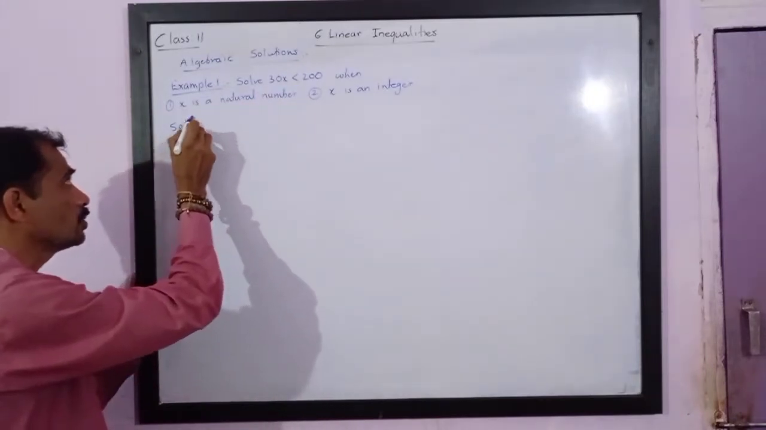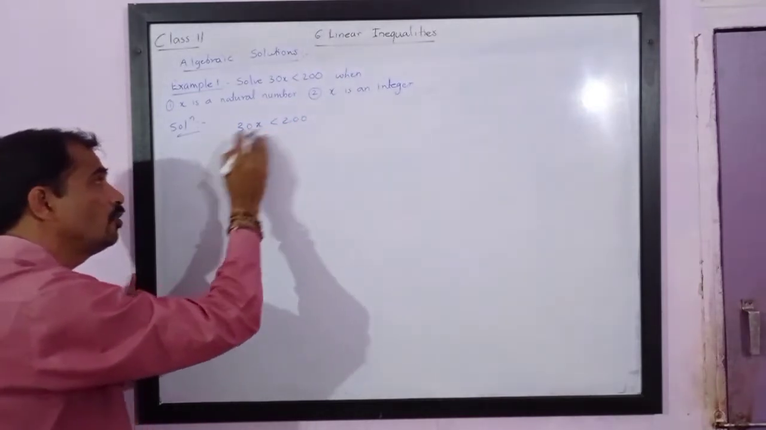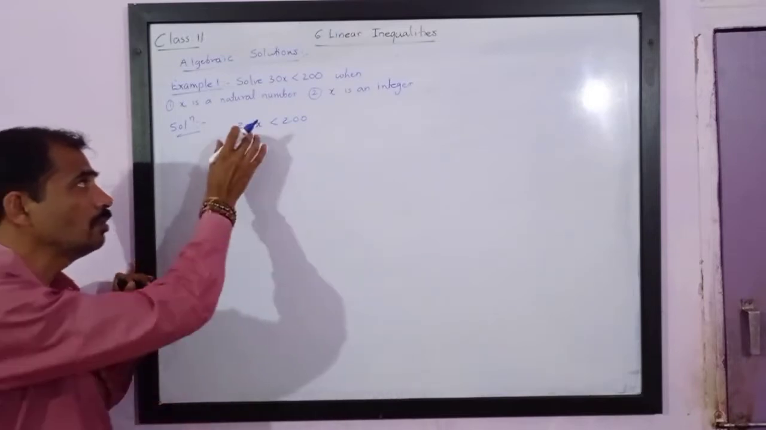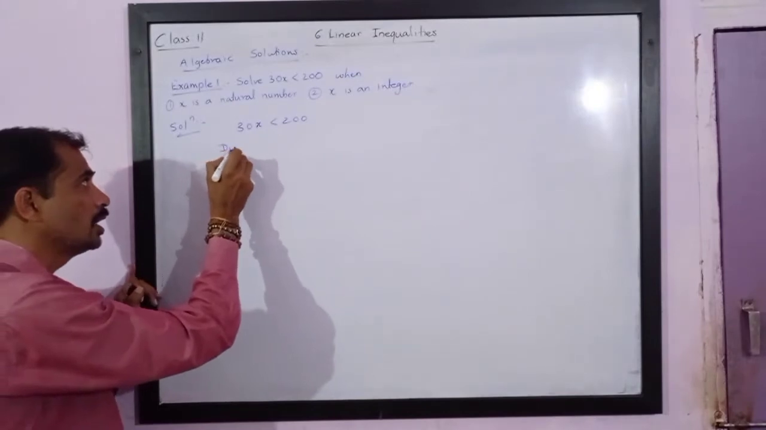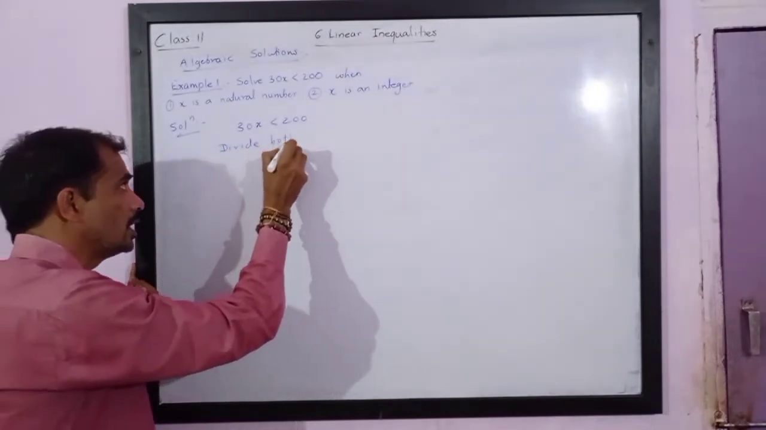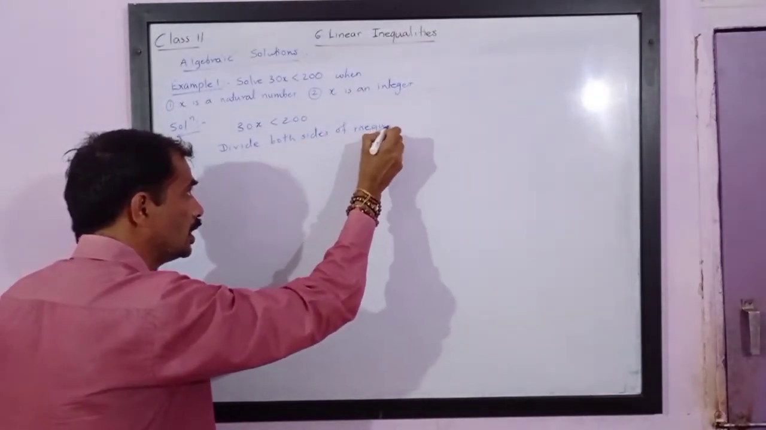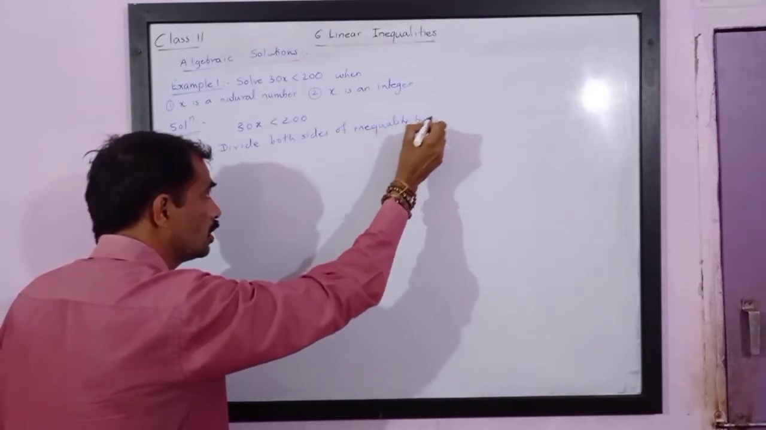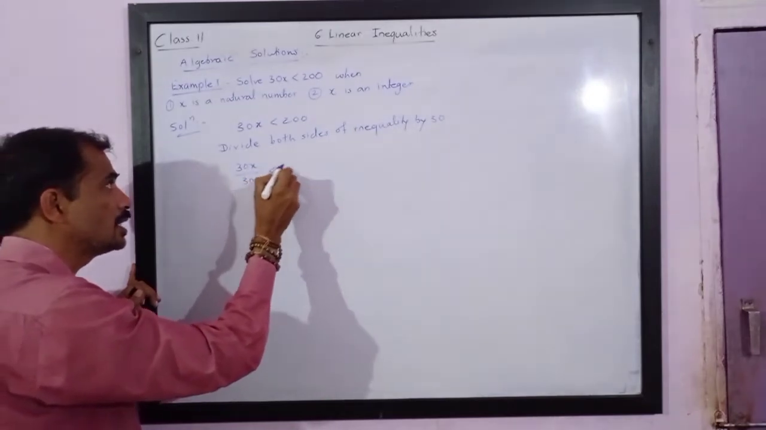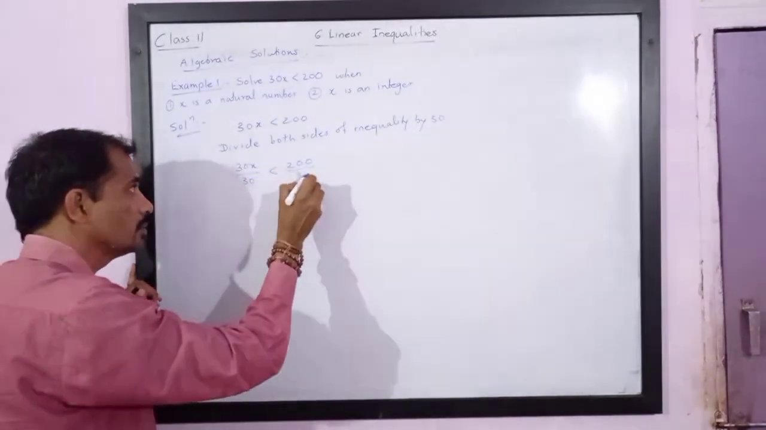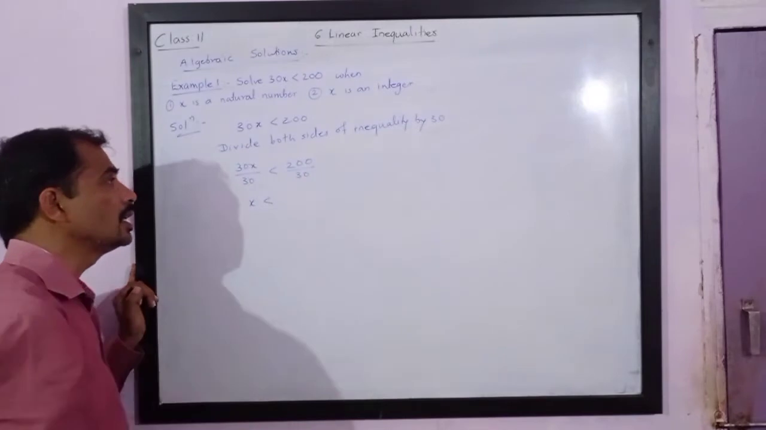So solution: 30x < 200. If you divide by a positive number, the inequality sign remains the same. So divide both sides of the inequality by 30. You will get 30x divided by 30 is less than 200 divided by 30. So this becomes x is strictly less than, this is a strict inequality,